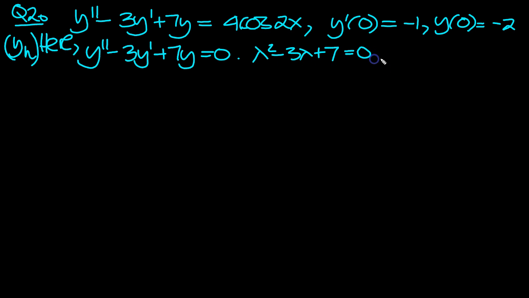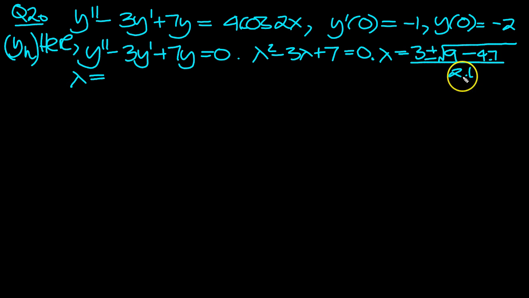So then if we solve that, we will get lambda equals minus b, which is 3, plus or minus square root of b squared, which is 9, minus 4 times 1 times c, which is 7, all over 2 lots of a. And a is 1, isn't it? So that's what we've got. So lambda equals then, let's write it down. It's going to be 2a, which is 2 times 1, that is. So that's 3 over 2, plus or minus. And then we've got 9 minus 4 sevens are 28. 9 minus 28 is minus 19. So that's root